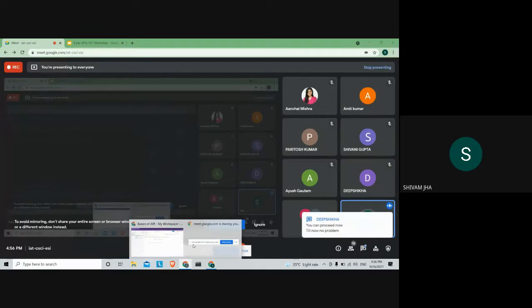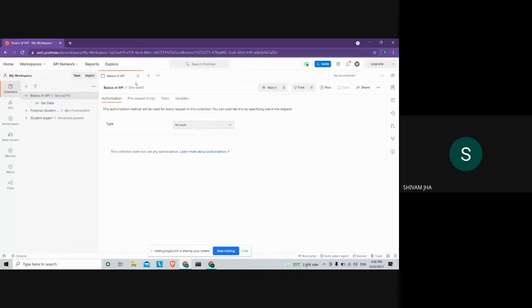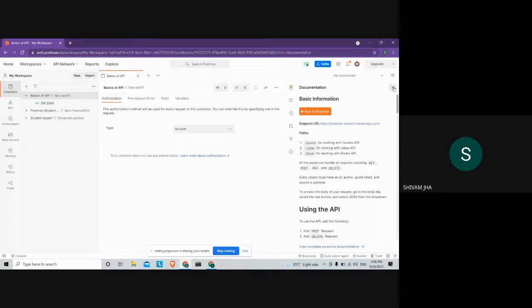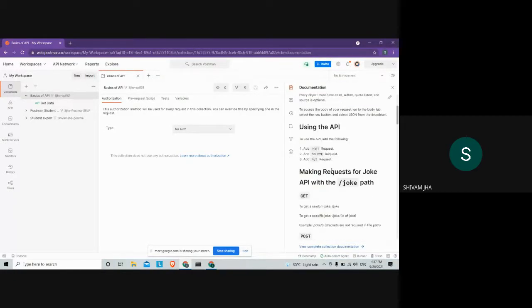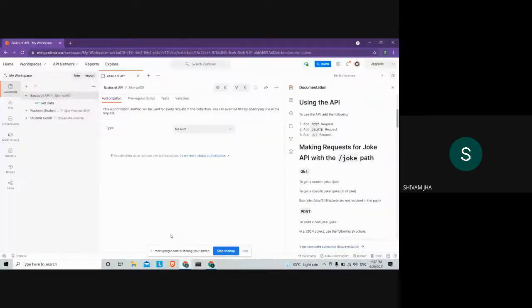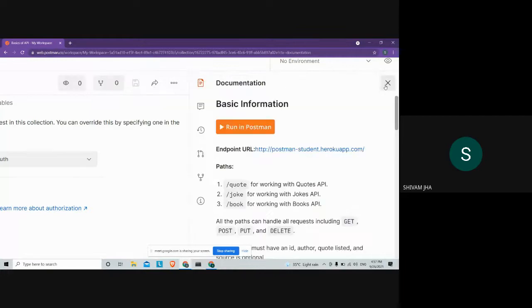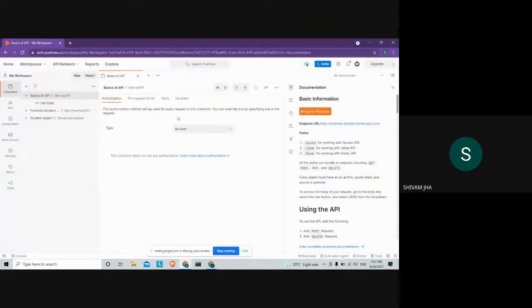Okay, so now when you've forked it, click on this right button where you see documentation. Documentation is basically to let you know anything that you can do with an API or with a project. So thanks to the Postman team, they have already created a well-documented API for us. This is the documentation button which I'm talking about, the first one on the right side. Click on the documentation here and you'll be good to go.